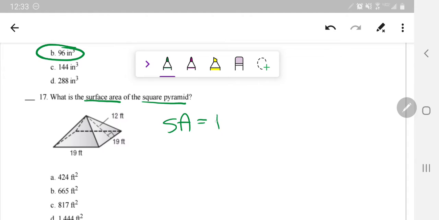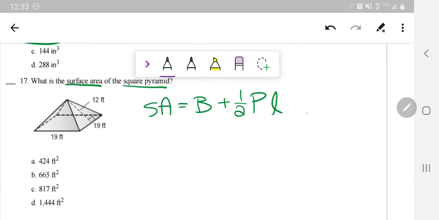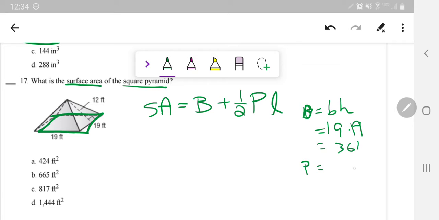Surface area equals the area of the base plus 1/2 the perimeter of the base times the slant height. So I'm going to go off to the side and do my big B calculations and my big P calculations. The area of the base, my base is a rectangle, actually more specifically a square, so I'm going to do base times height for that, and I get 19 times 19, which gives me an area of 361. And then I need the perimeter of the base, which is the length outside the outer boundary of that